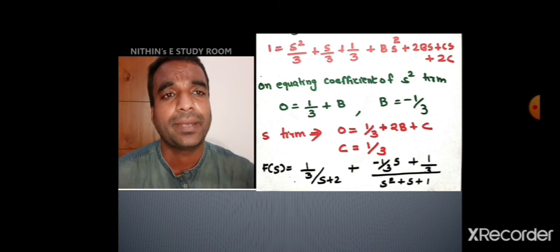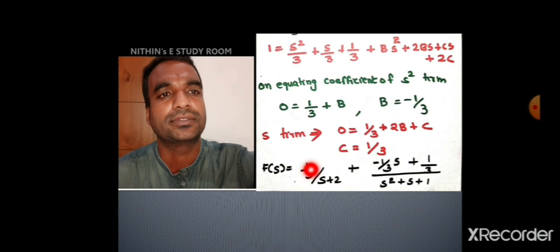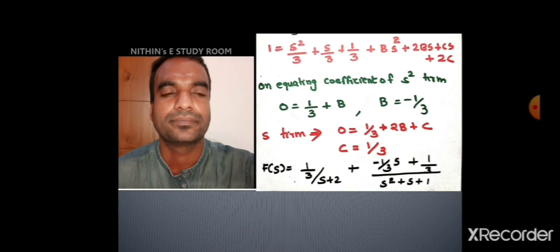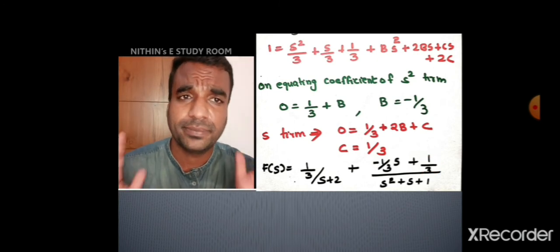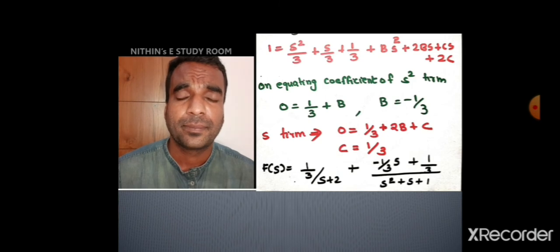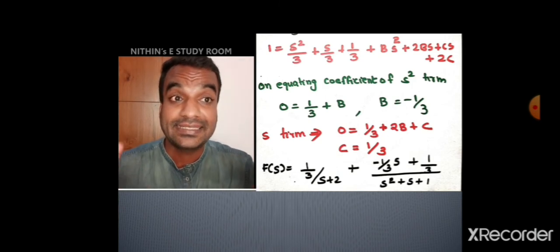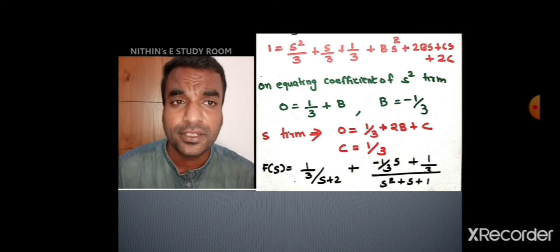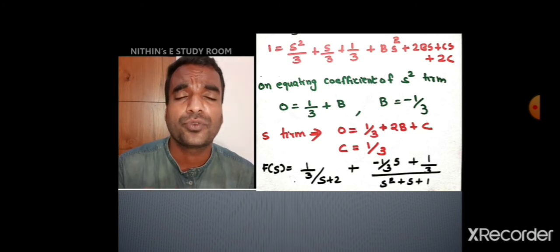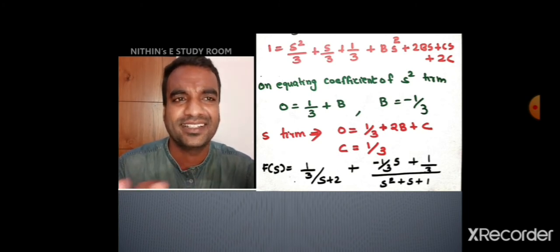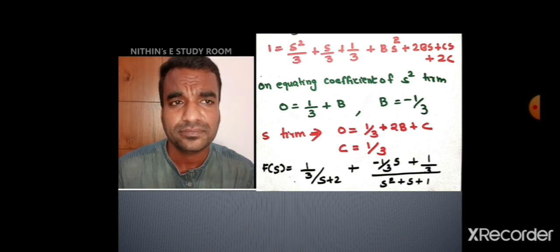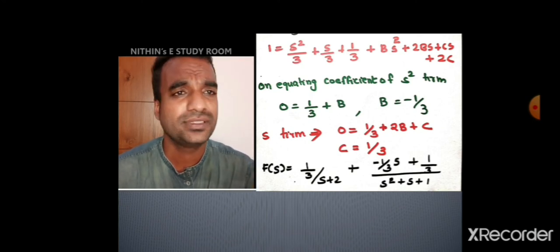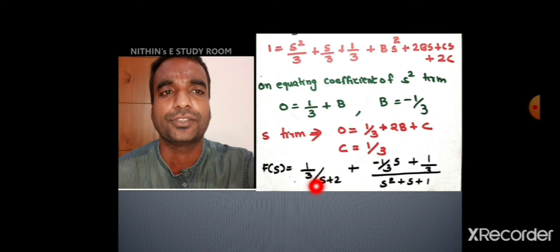So substitute those things back into the basic F of s equation. Substitute a here, b here, and c here. Everything is okay. This is the basic thing. The partial fraction of F of s is over, but this type has some more difficulty for converting it to the time domain. That's why for the inverse Laplace transform, you have to do some manipulations in the equation for converting this to standard Laplace inverse formats, because this is in standard format, 1 by 3 into e raised to minus at.